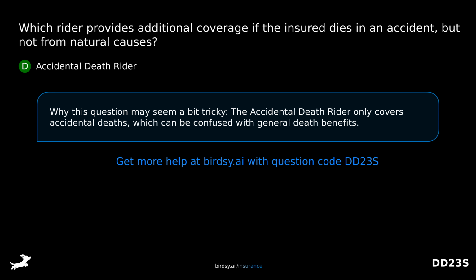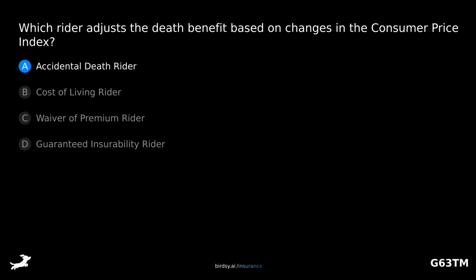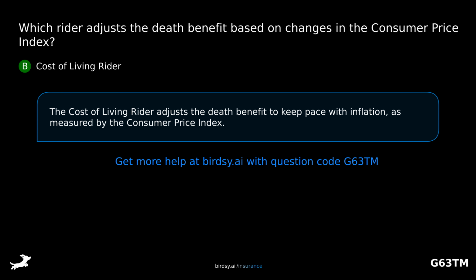with general death benefits. Which rider adjusts the death benefit based on changes in the Consumer Price Index? Is it A, accidental death rider, B, cost of living rider, C, waiver of premium rider, or D, guaranteed insurability rider? The answer is B, cost of living rider. The cost of living rider adjusts the death benefit to keep pace with inflation as measured by the Consumer Price